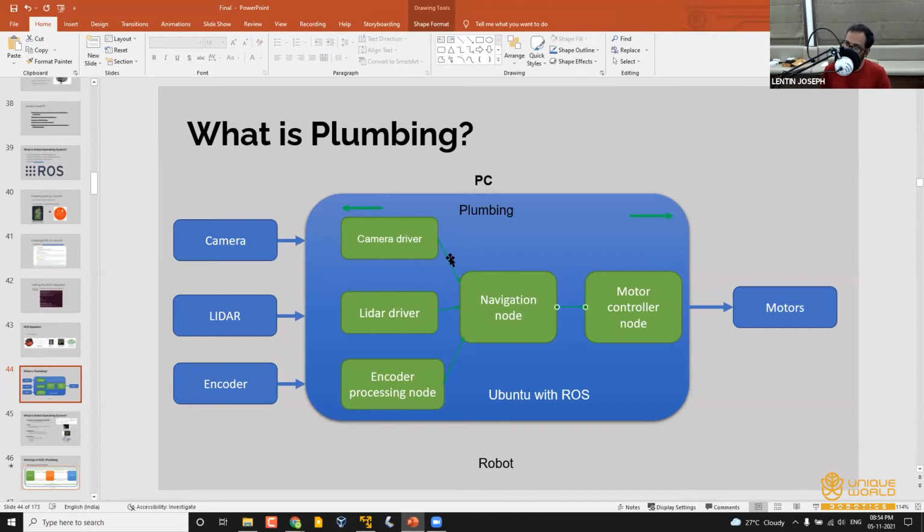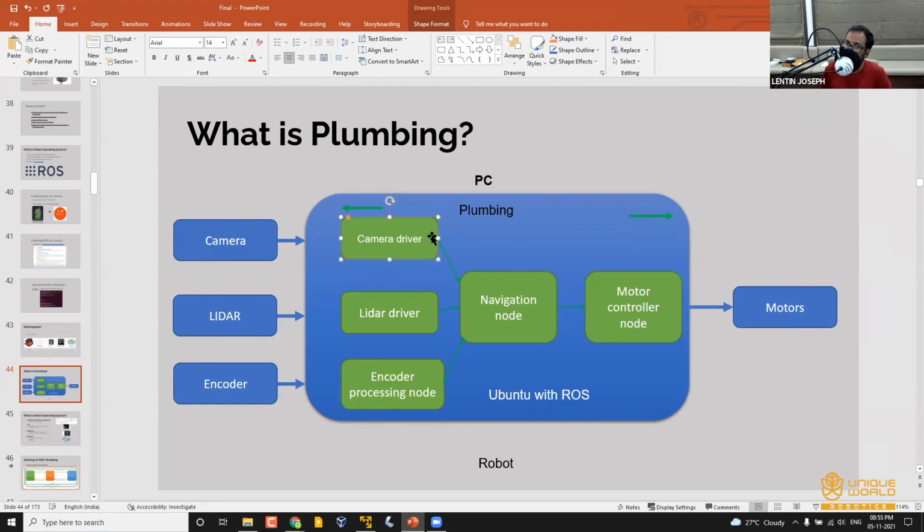This connection means the camera driver is sending some data to the navigation node. The LiDAR driver is sending some data to the navigation node. The encoder node is sending data to the navigation node, and the navigation node is sending some data to the motor controller node. It's a communication. So what is happening?